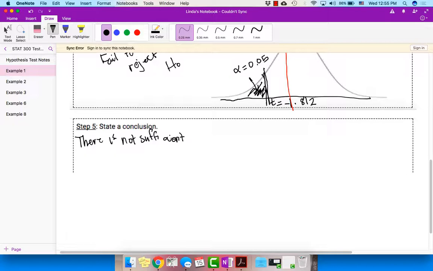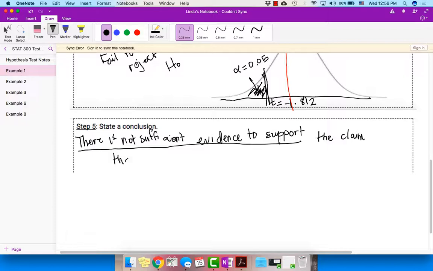Forget my handwriting. This is a general way that we write the statement. There is not sufficient evidence to support the claim that